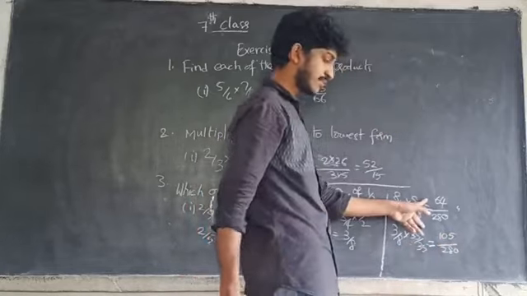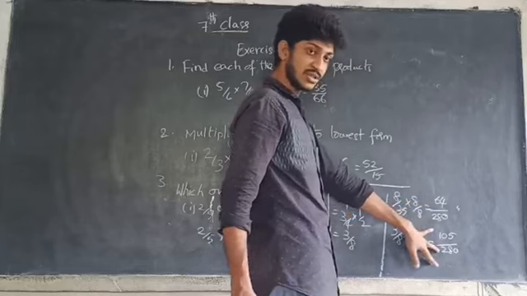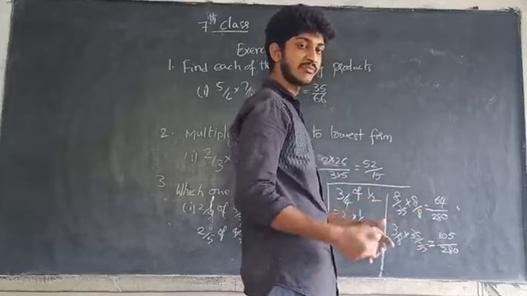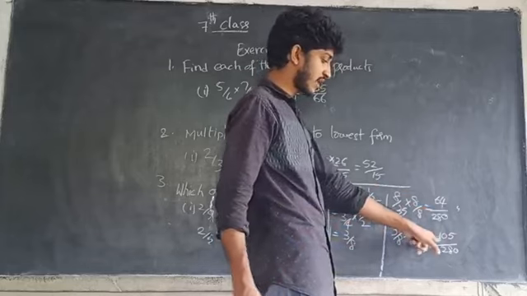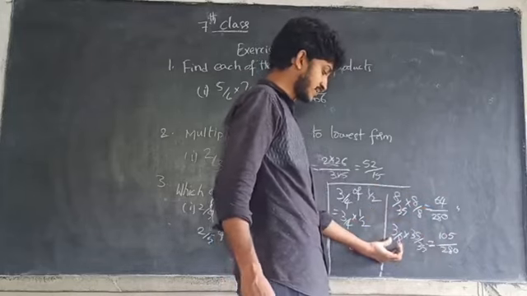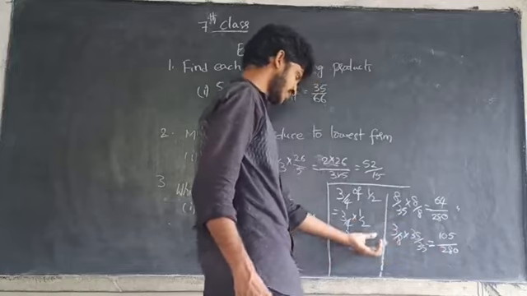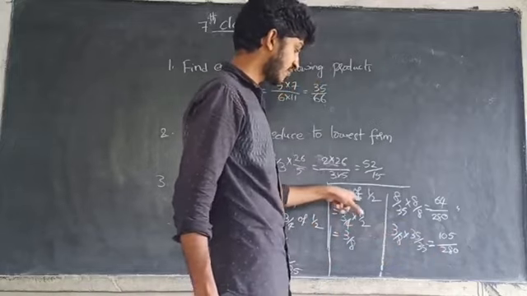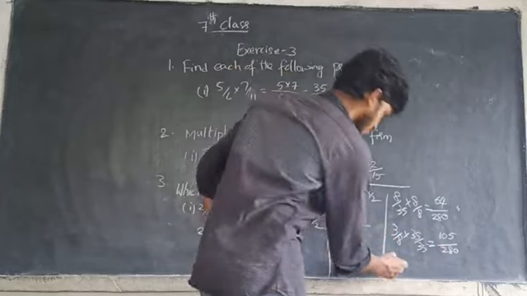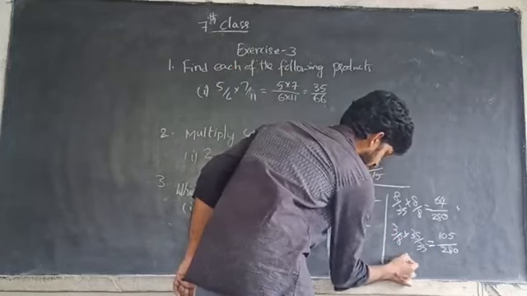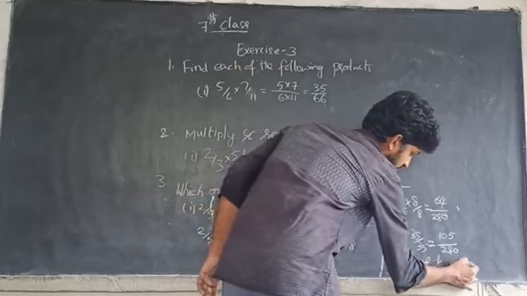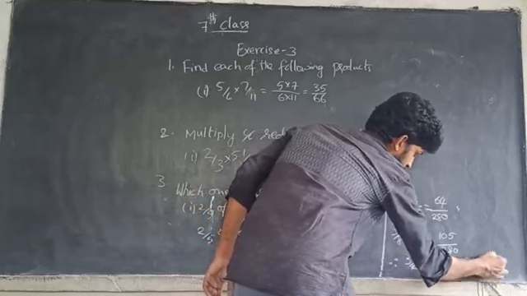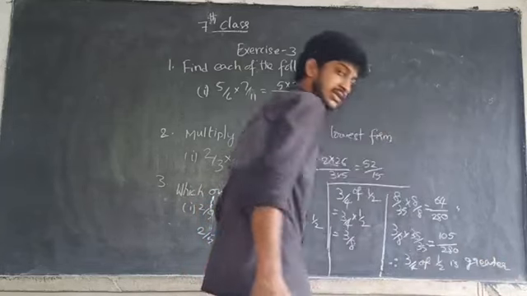So in these two numbers, which one is greater? Both the denominators are the same, so the one with the greater numerator is greater. So here 105 by 280 is greater. That means 3 by 8 is greater. 3 by 8, which is 3 by 4 of 1 by 2, is the greater value. So therefore 3 by 4 of 1 by 2 is greater. Okay children?